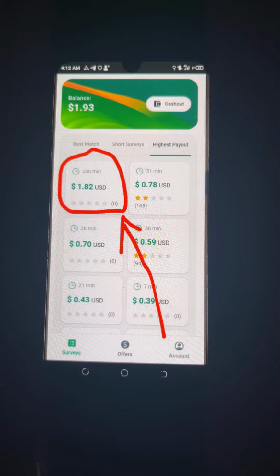So because sometimes apps come with a special browser that will hardly redirect you to other browsers, so you won't see your survey ID in case you did well and they don't want to credit your earnings. So most times once you're on their browser, it will be very, very hard for them to redirect you to your home browser, because they know if they redirect you, you're going to see that, and they know what they are doing clearly.